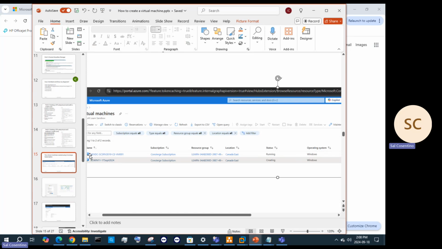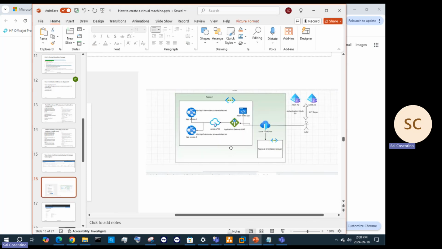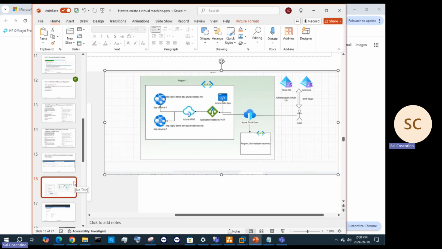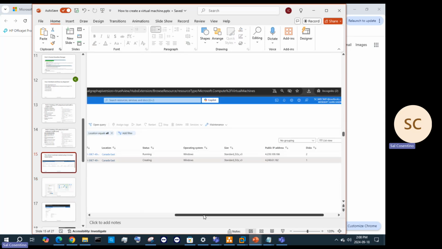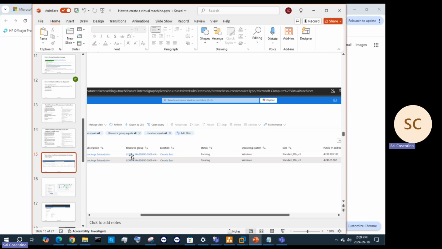I have a dev machine that I'm going to use for app services. That's something I'm working on right now, creating these two app services within the Azure environment. I'm now able to do that. And then I also have a Windows 11 machine, using the resource group that I've already created, and then using the operating system and sizes,